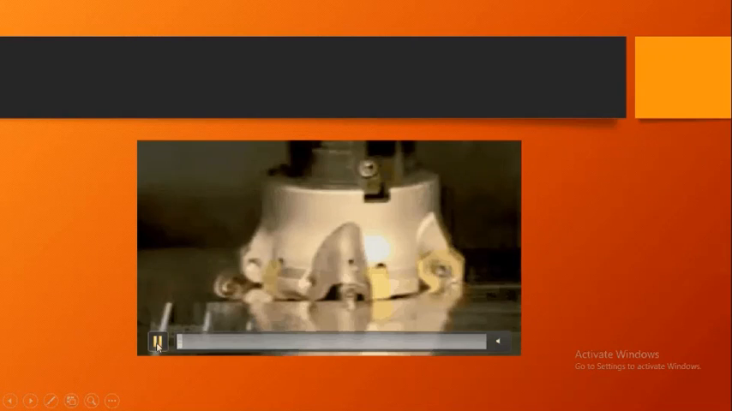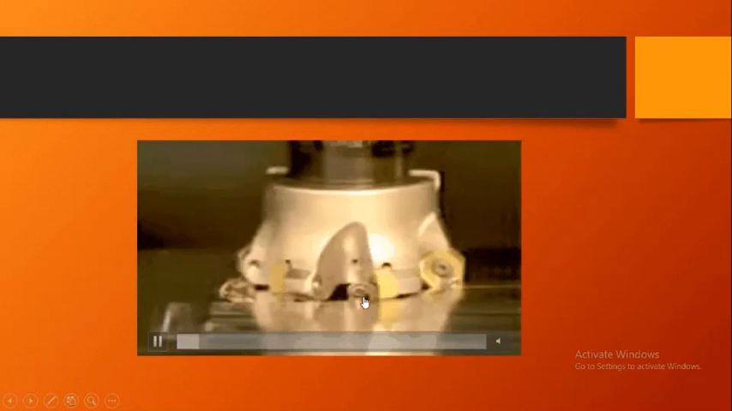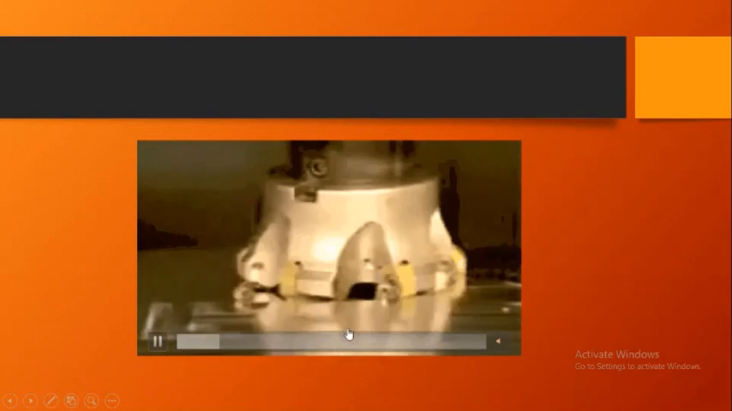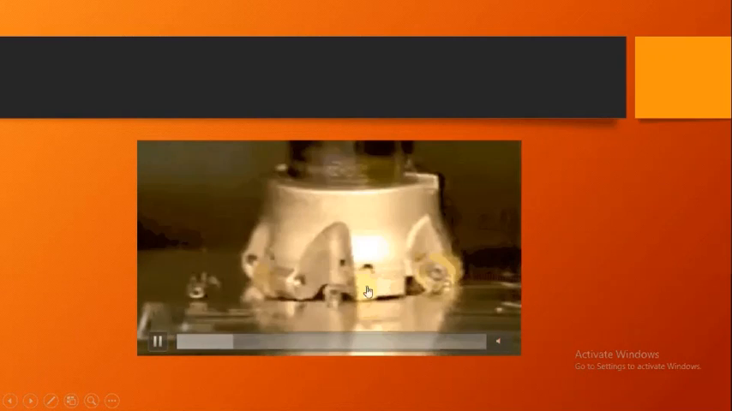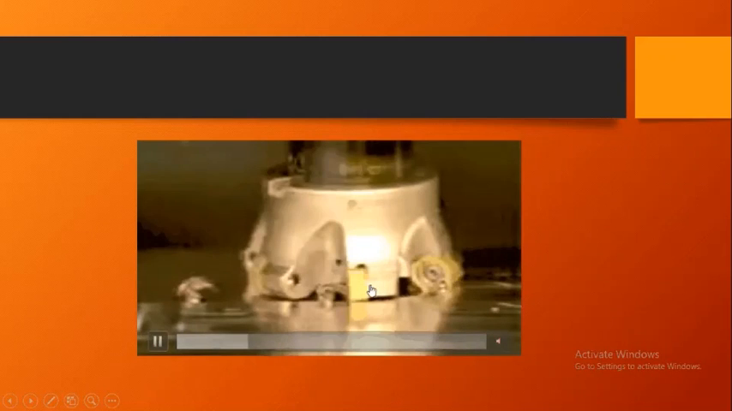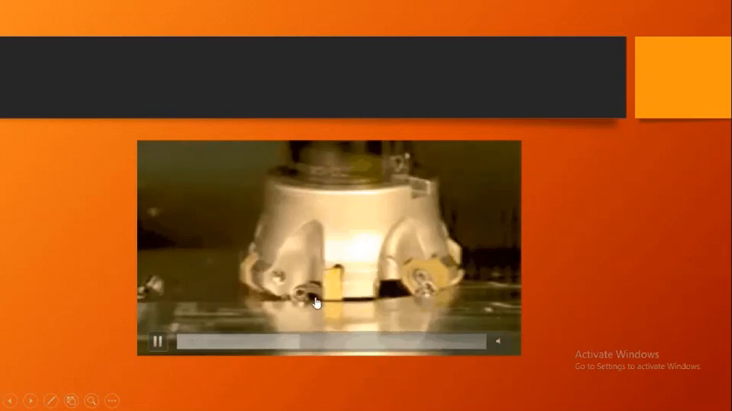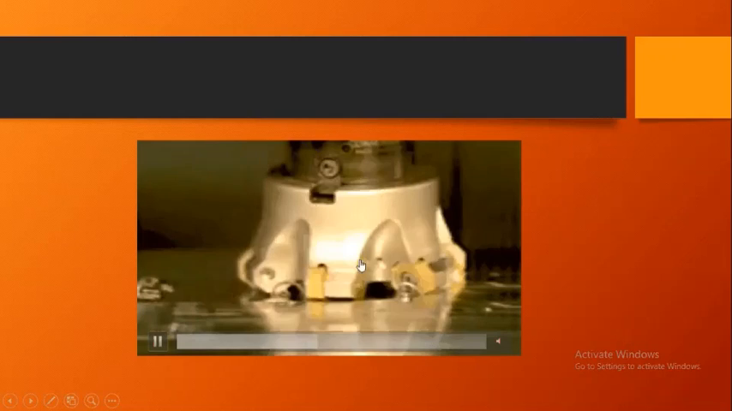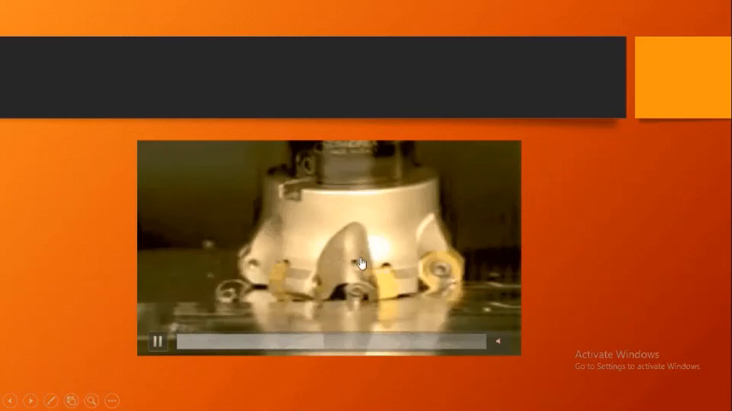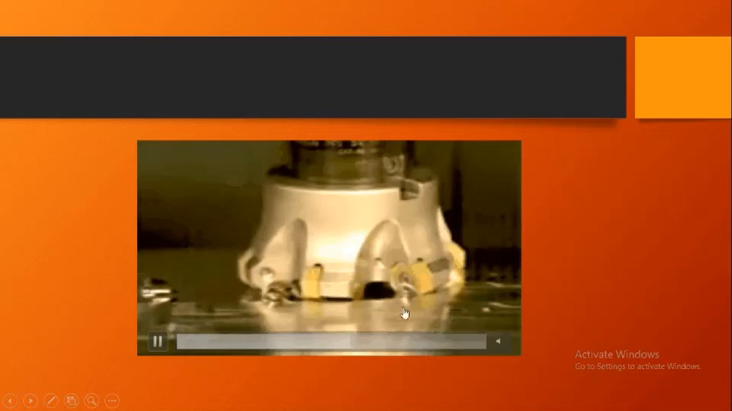The second video is of the face milling operation where a face milling cutter is used which has the cutting edges arranged on the periphery of the face and which removes the material in the form of chips. This is the milling cutter which is acted vertically and these are the chips which are removed from the